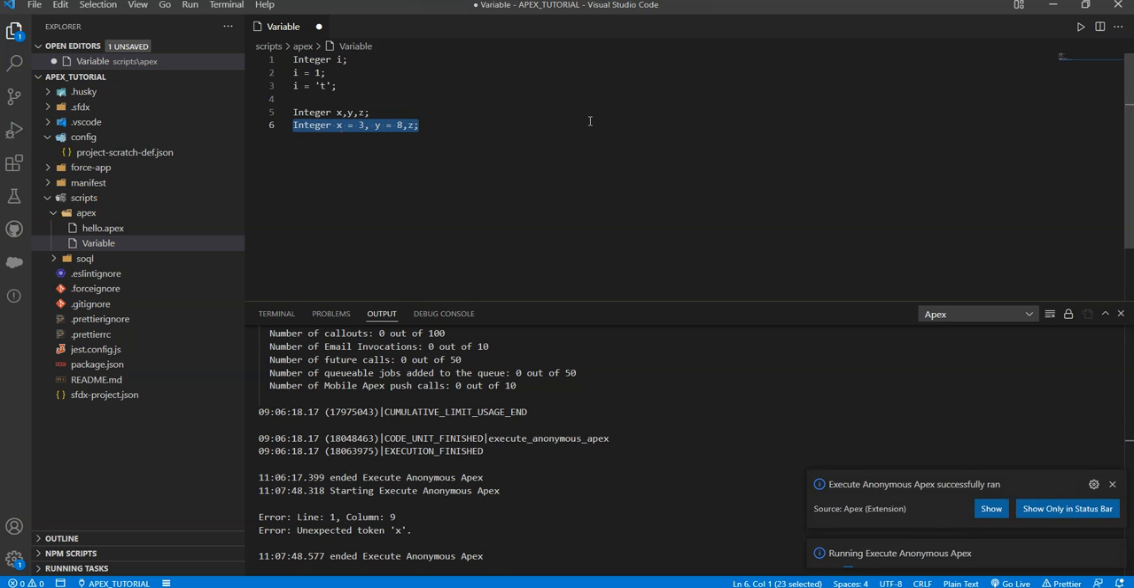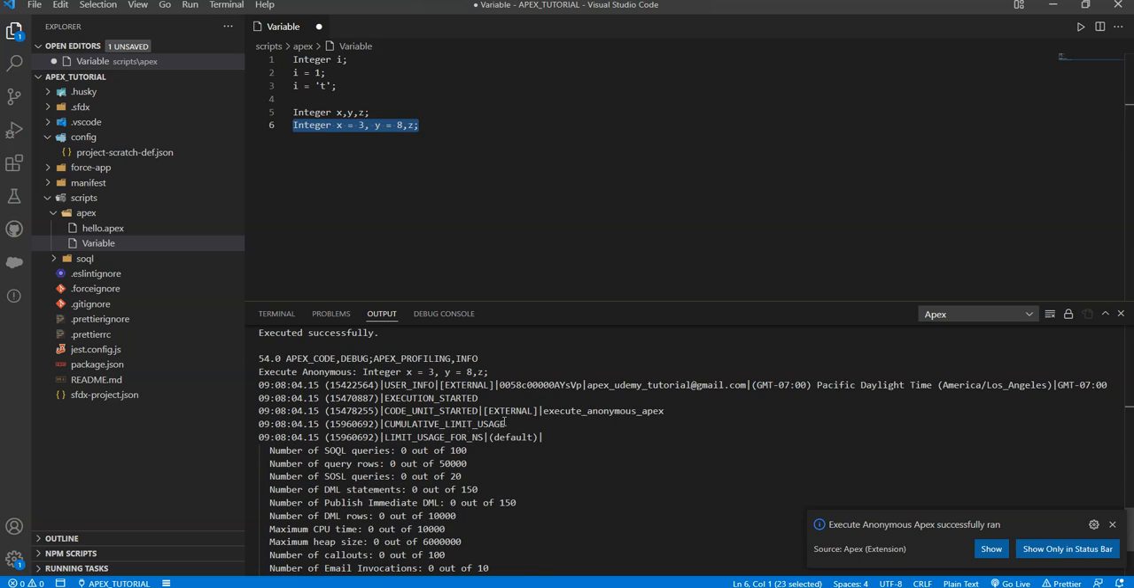Okay. So when we run this, what's happening is the integer x is going to equal 3, y is going to equal 8, and z is just going to be a null value. When you initialize it without anything, it just creates a null, which I can show you as well with system debug. So the next thing that we're going to go over is system debug, and what that does is it's kind of a print function where you're able to print or put in the debug logs whatever you want. It just takes any type of object or variable,